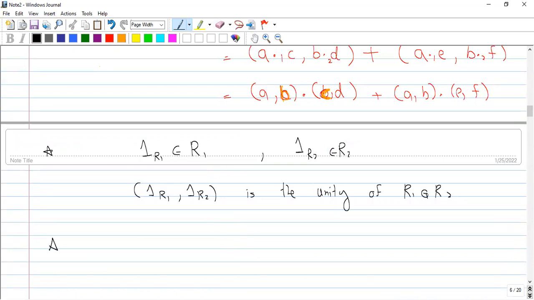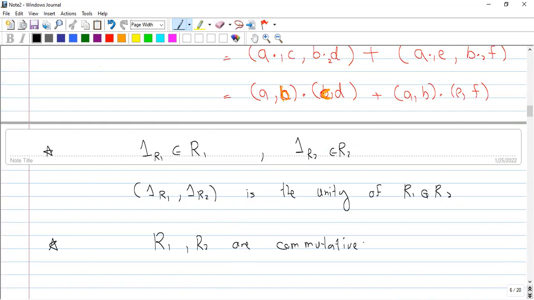And in the same way, if R1 is a commutative ring, that is, the multiplication of R1 is a commutative operation, and R2 is a commutative ring, that is, the multiplication of R2 is a commutative operation, then the multiplication on R1 direct sum R2 is also a commutative operation. So if R1 and R2 are commutative rings,